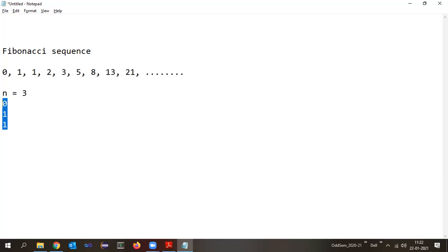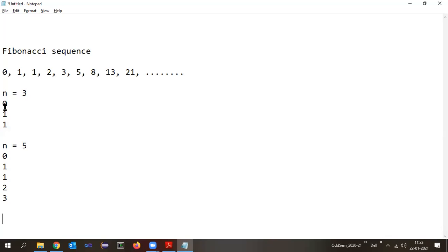Suppose the n value is 5, then what will be the Fibonacci sequence here? 0, 1, 1, 2, 3. Are they 5 in number? Yes. If it is 10, then I should generate the first 10 Fibonacci numbers in the sequence. Okay.